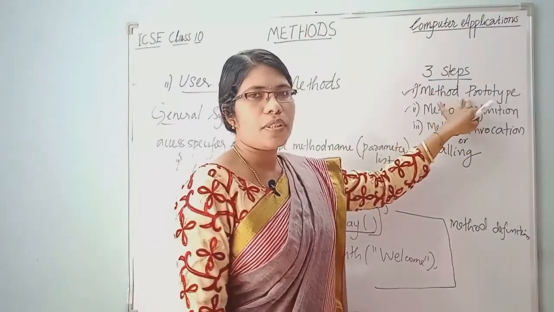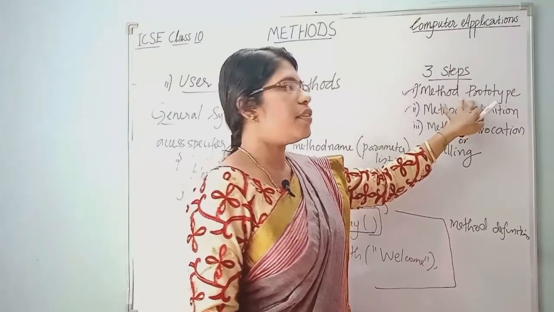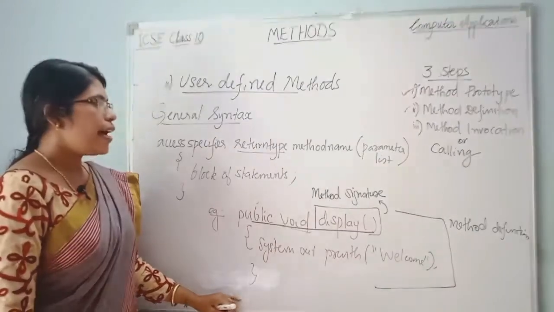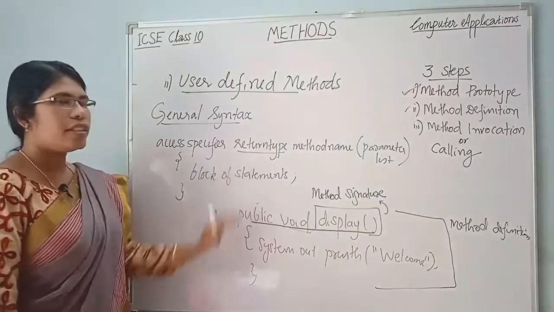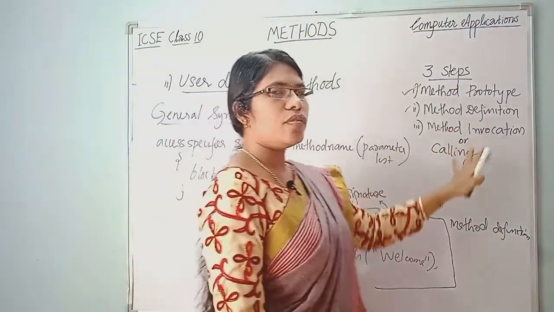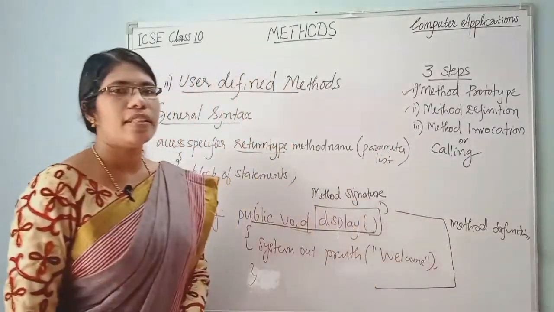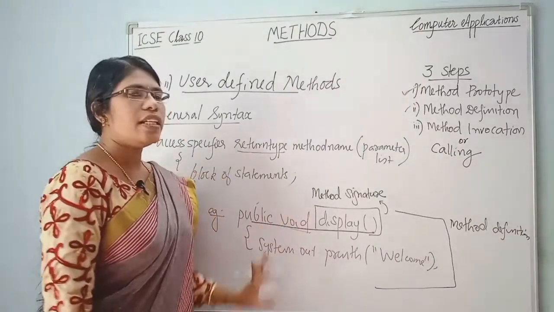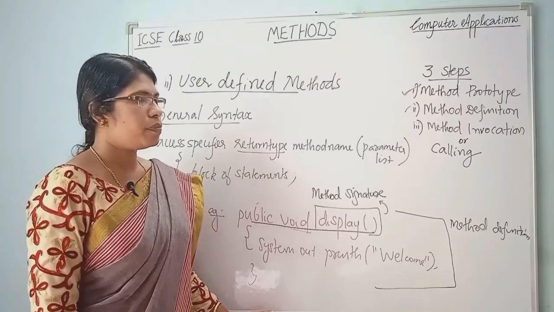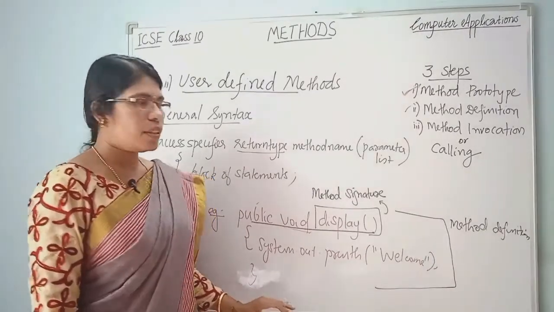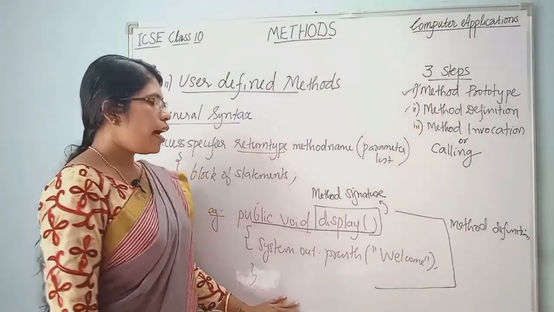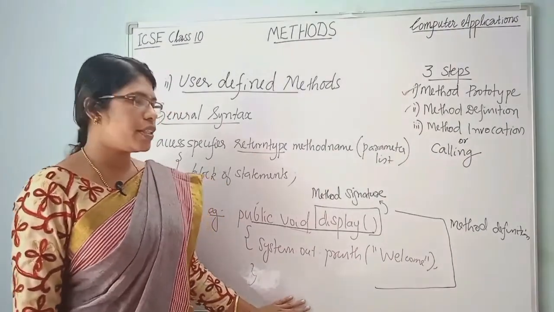Okay. So in the 3 steps, the first 2 we learned. First one is method prototype, that is the first line of the method definition. Method definition, we define a method or a task as per the syntax. We will follow the syntax to define a method. The next one is the third one, method invocation, that is known as method calling statement. Once we define a method, we need to call this method whenever it is required. By that way, we are reducing complexity, and we are avoiding the duplication of code.